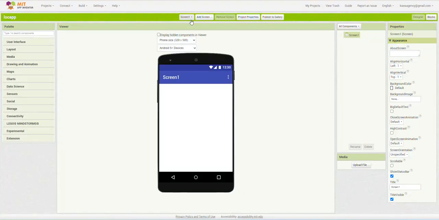Okay. Welcome to yet another tutorial of MIT App Inventor. It's the Kawa team out here taking you through the user interface of this MIT App Inventor. So if you're ready to unlock the world of app development without any form of coding, then you're just in the right place. And in this video we are going to dive into